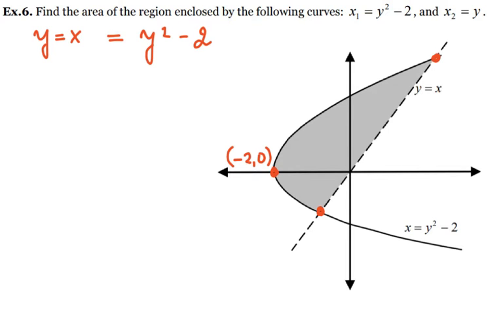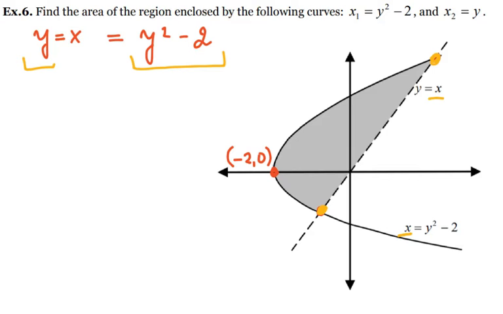Because x is equal to y at the top and at the bottom in yellow, I can set y equal to y squared minus 2 and find the points where